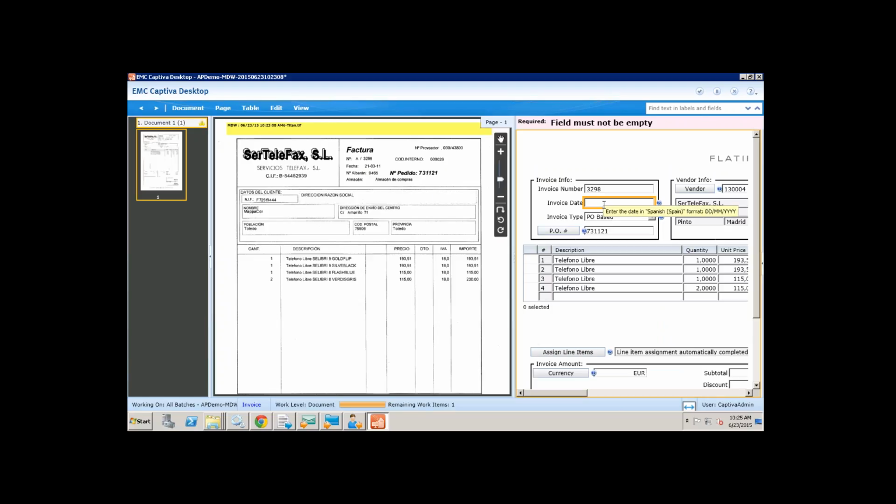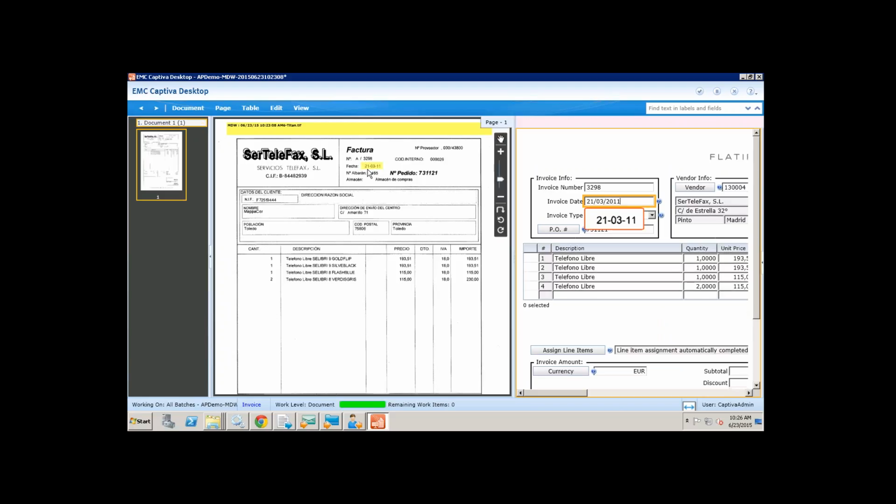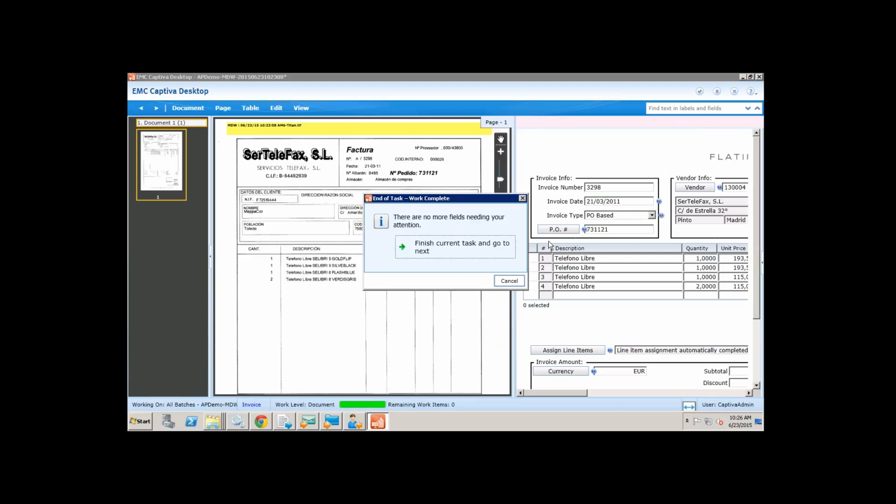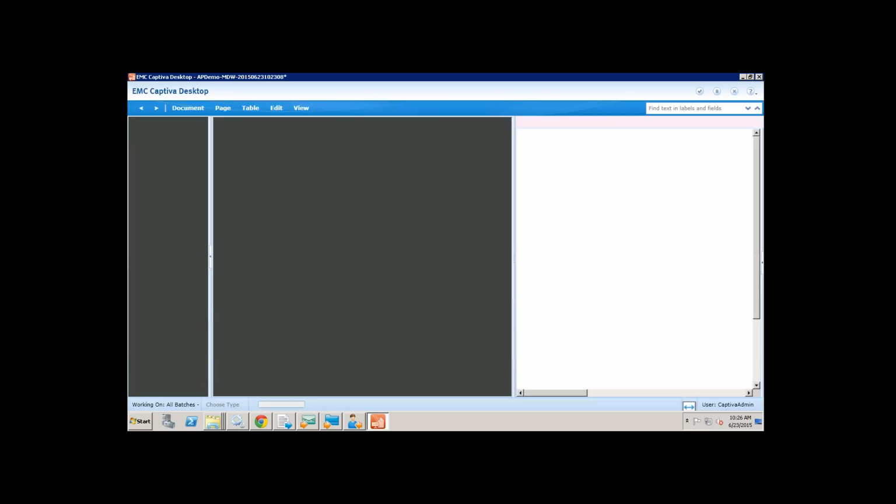This invoice is now looking for an invoice date, and you'll notice that this is a Spanish invoice, and it's following the European date format. So I can just highlight the date itself, and it automatically converts it into the right format that I want. I hit enter to accept it, and we're now off to the next